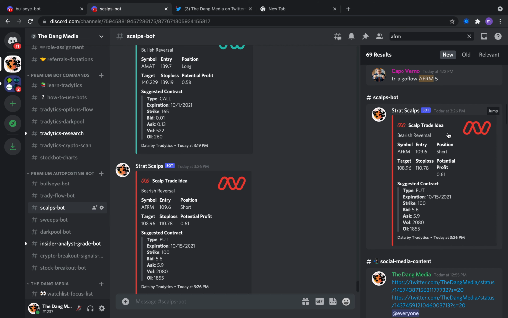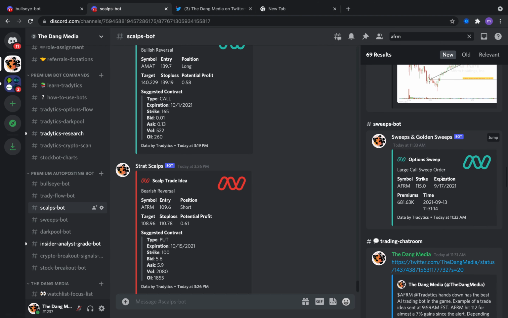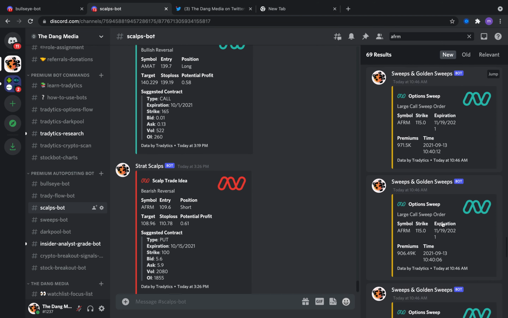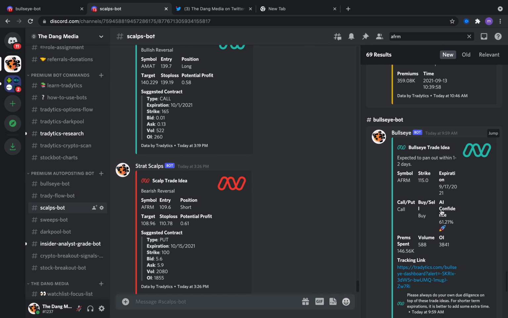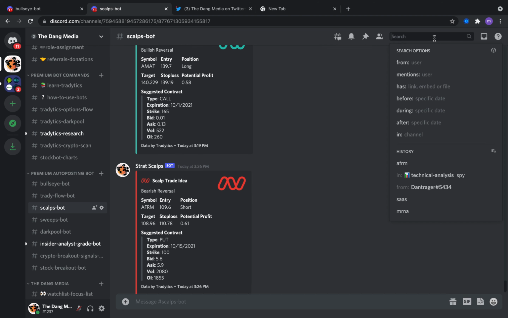Scalps, it alerted a scalp near the end of the day. So like I said, near the end of the day, it reversed. So this was a bearish reversal, and this was a scalp short. But in the morning, large call sweep, golden sweeps, more large call sweeps, a bunch of large call sweeps, and then it sent that trade idea out in the morning. So that's how you can use these bots, is just type in a stock that you're looking to